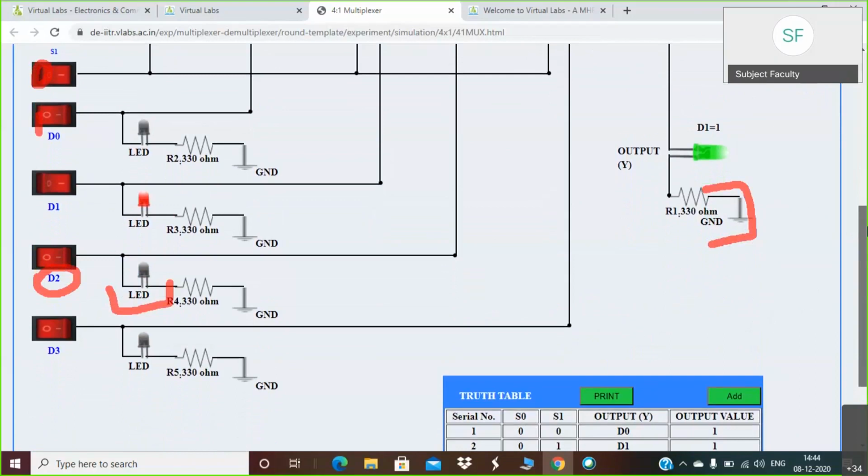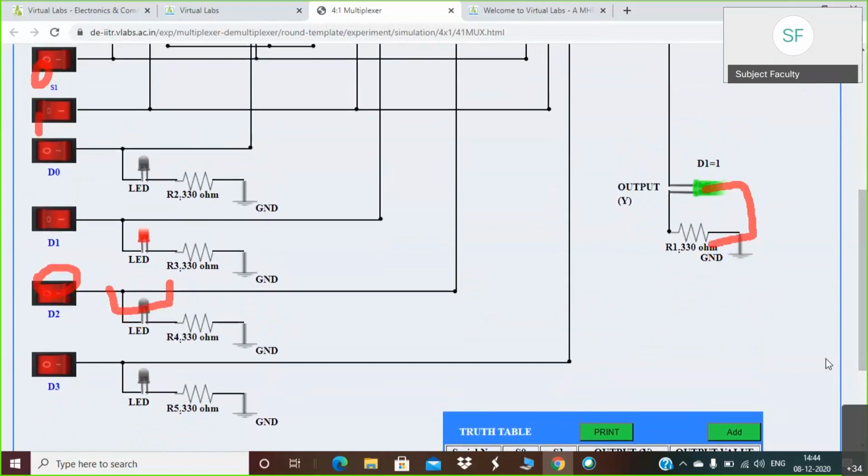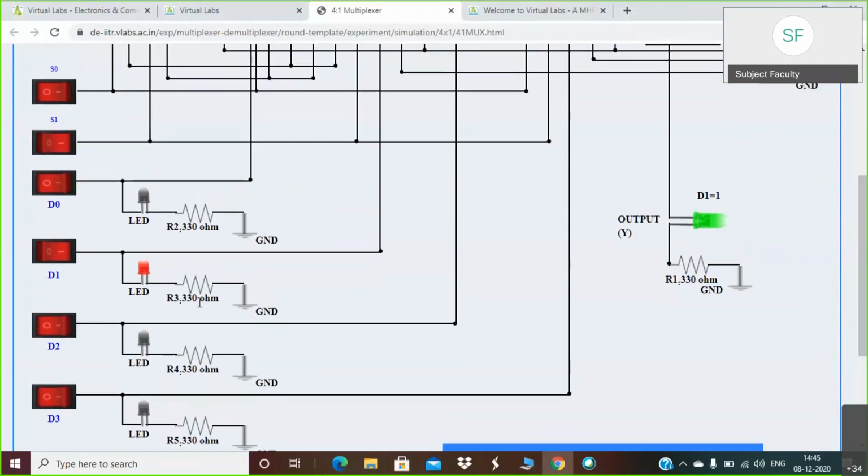Similarly, now the third case. So now I'm selecting D2, right?